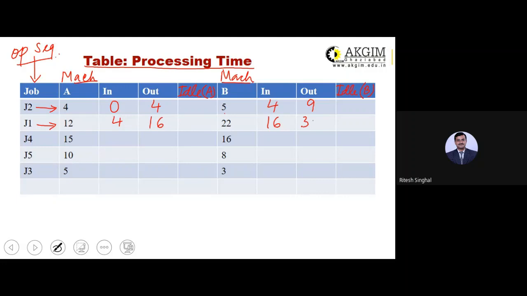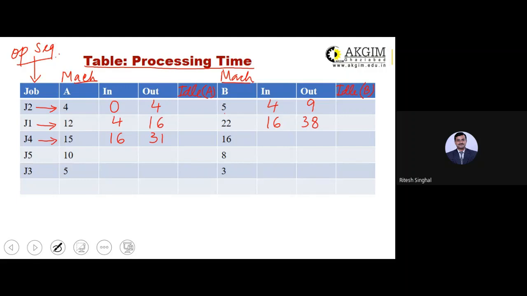So the out time would be 38 hours. So when your watch shows the 38th hour, job J1 will be out from machine B. Now the third job, J4. It is to be started at the 16th hour on machine A, requiring 15 hours. So 16 plus 15 is 31. So the end time would be 31.